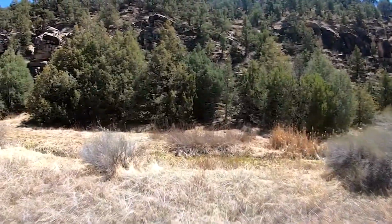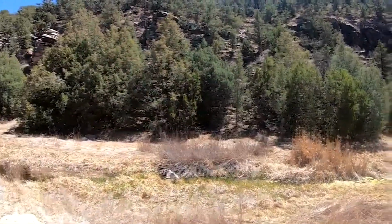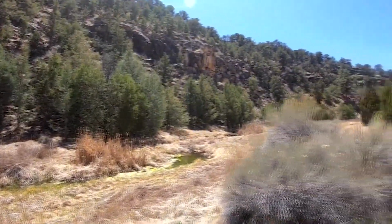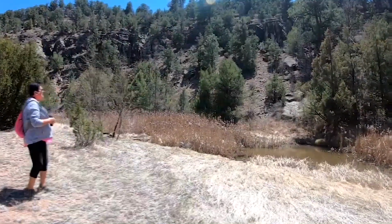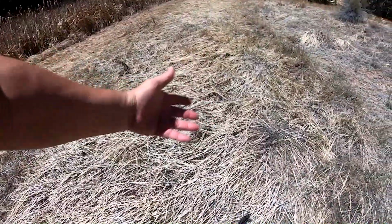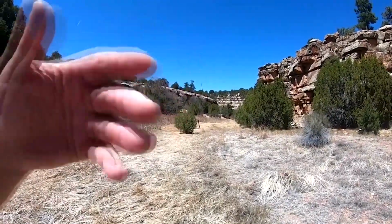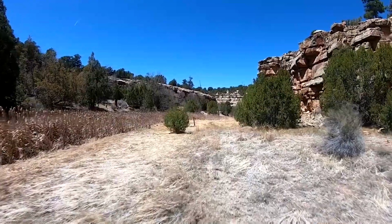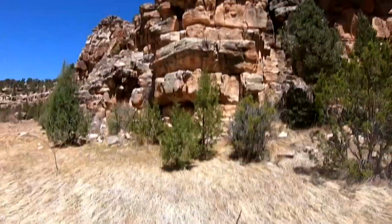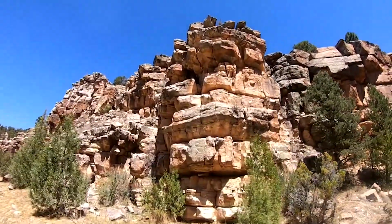Let's go see the creek or stream. There's some cattails. All right, not much going on yet. Look at all the cattails. It's so great during summer when they're actually... This almost looks like it's been mowed. I'm guessing the wind, because we can feel the breeze coming right through the canyon here, which feels good right now. Kinds of little crevices and